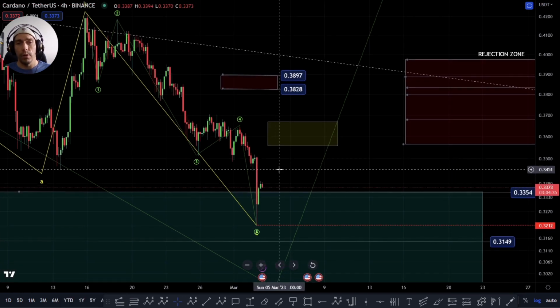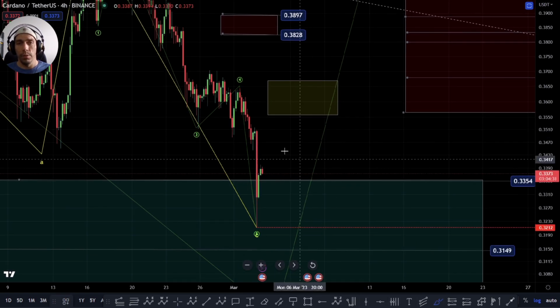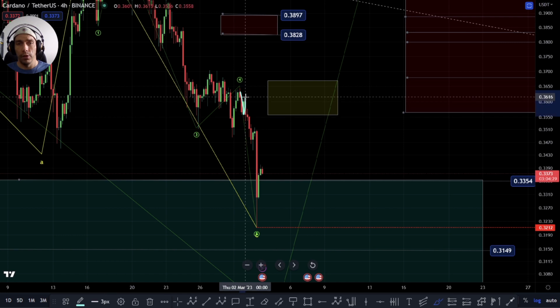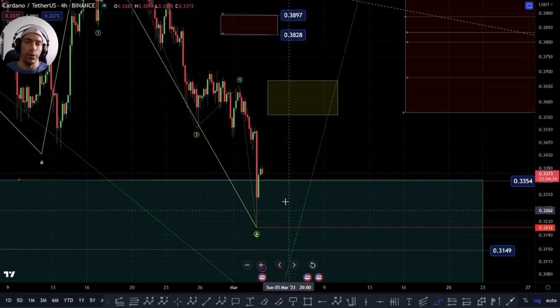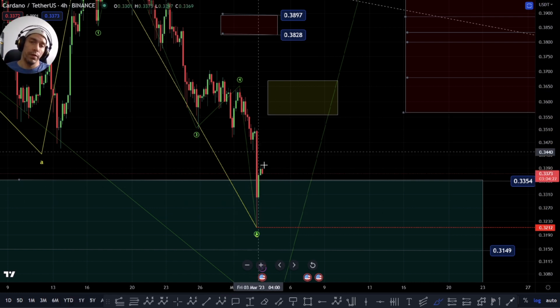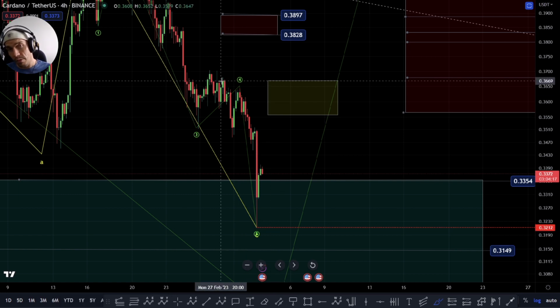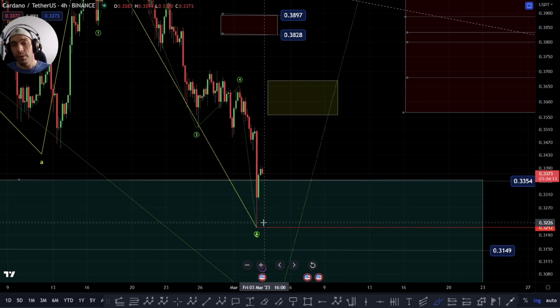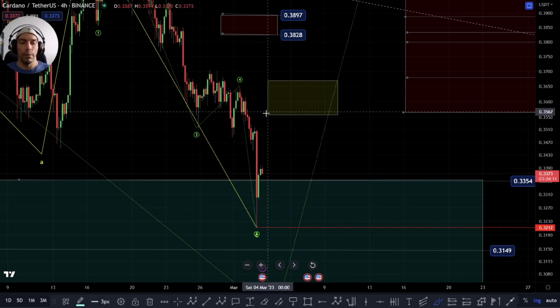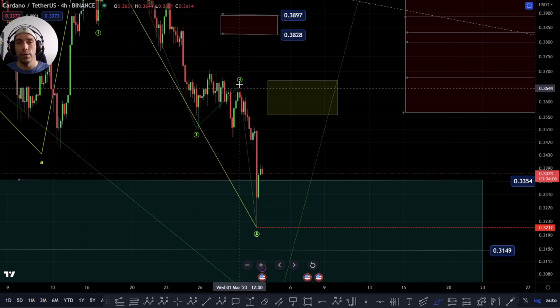The only issue I have with this count is that it would be implying that we had an extension in the fifth here. That would be 1, 2, 3, 4, and then our fifth wave moved on. And typically we get that extension in the third wave. It can happen in the fifth wave, and it does actually reach exactly 1618 with this move here. So we're going to have to keep an eye on it. It would have to prove itself, and to prove itself, it needs to take these highs. So if we do get a move back up here past this 36.44, then we could actually count this as a completed move.